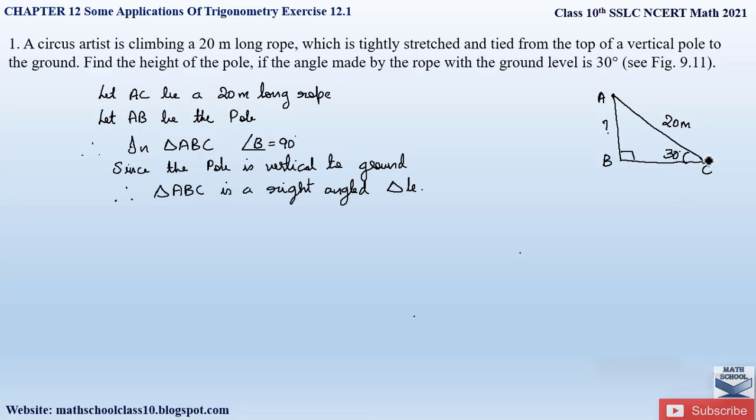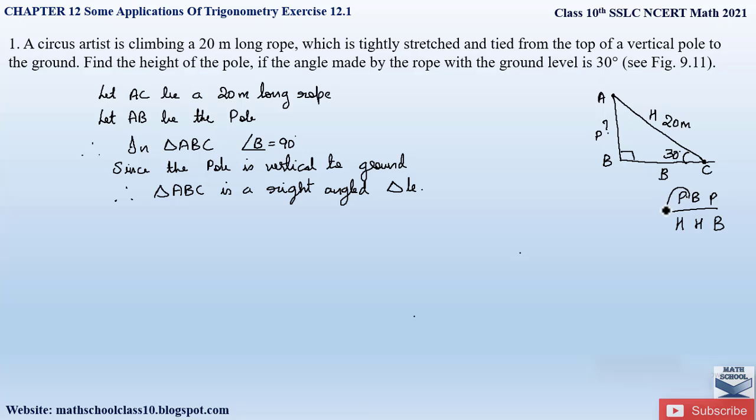Now since ABC is a right angle triangle with acute angle at C, the side opposite the acute angle will be our perpendicular, the side along will be base, and AC will be our hypotenuse, right? Now we have to determine the perpendicular side given our hypotenuse. This can be found out by applying the trigonometric ratios. So to apply the trigonometric ratios, you have to know the fraction, that is P by H, right? So here we have to find out perpendicular given hypotenuse.